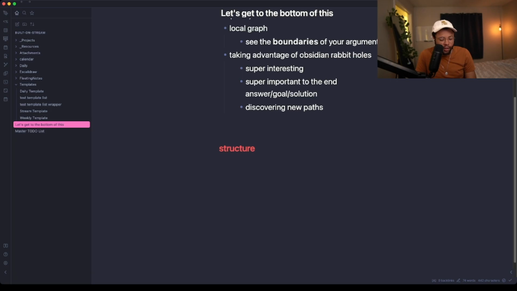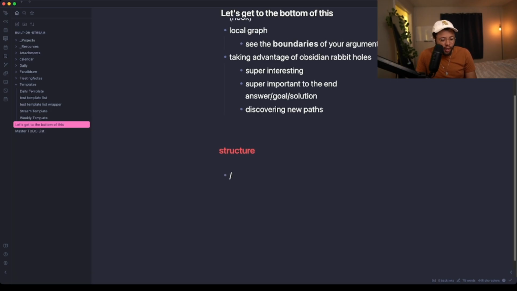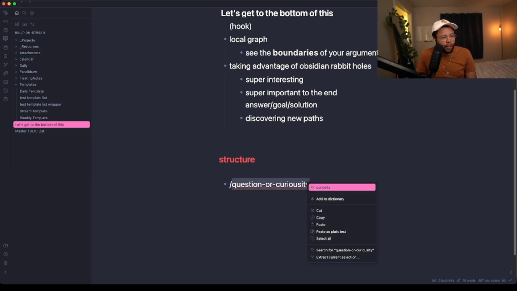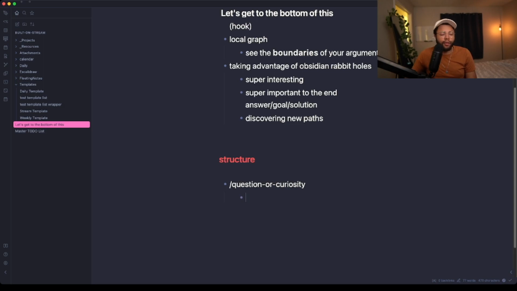I'm going to call it a nested folder structure. Let's say the root folder is the question or curiosity. I literally just can't spell curiosity. Oh my God, it just ate the whole thing. Question or curiosity, okay, whatever. So the question or curiosity, and then inside of it, we'll have our references folder, and a reference will look